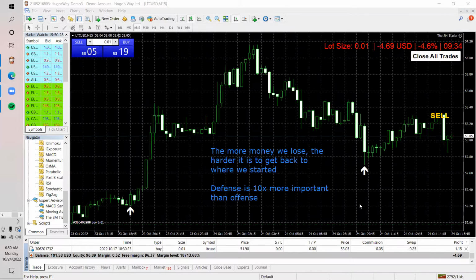Hence, the hedging strategy that we're doing is what I would consider my defense. And if we can put ourselves in a position to defend ourselves and be able to hold on, how come we need the hedging strategy, how come it's so important to us, how we can connect that to defense,